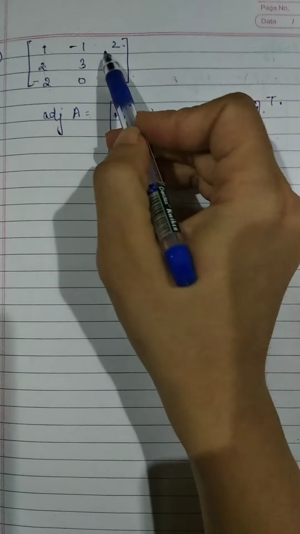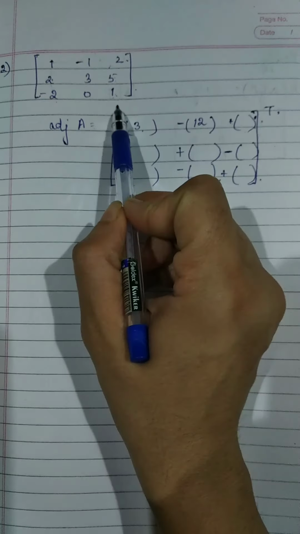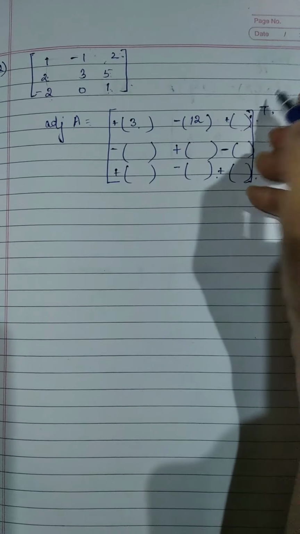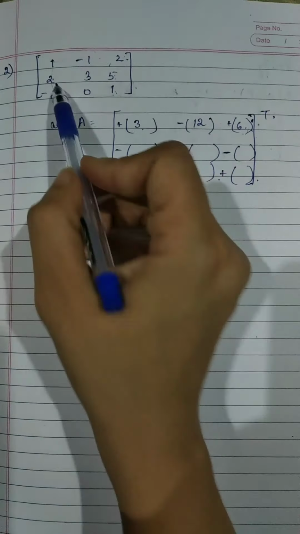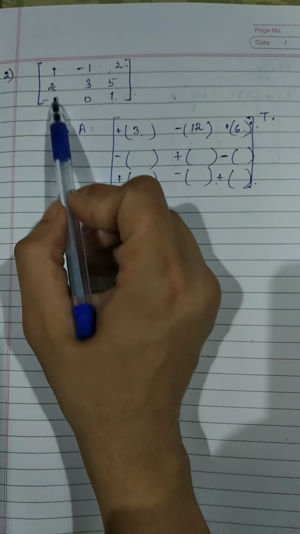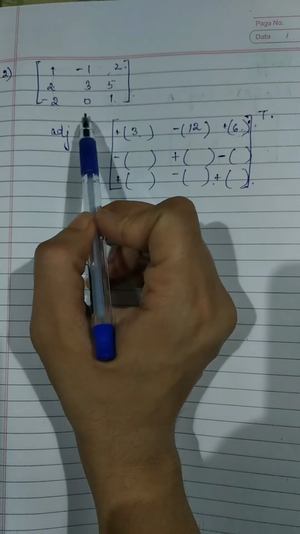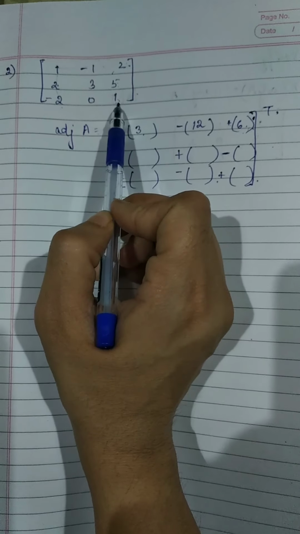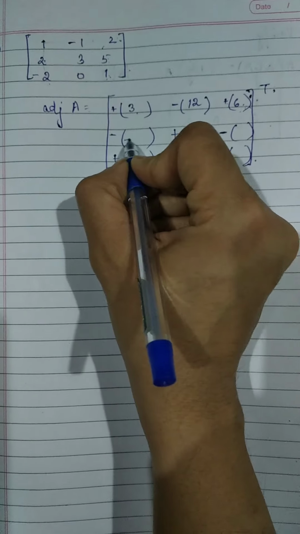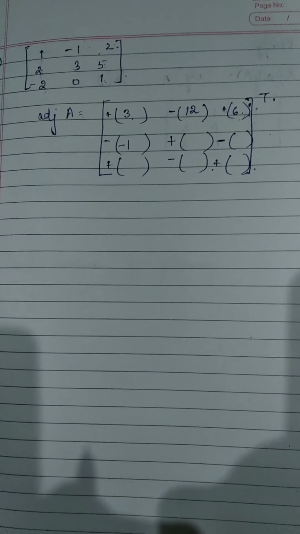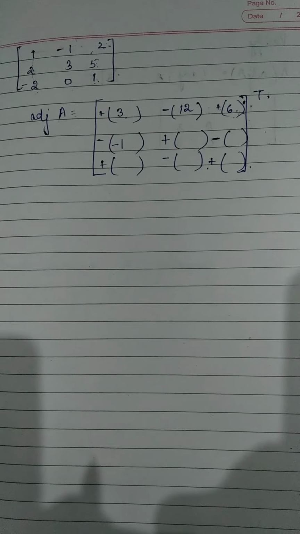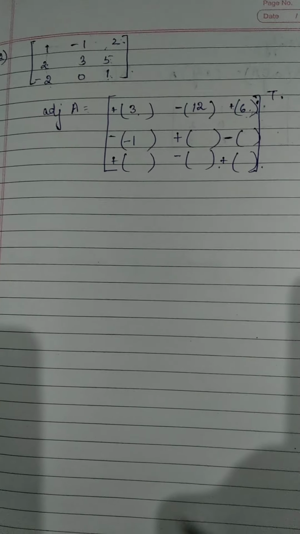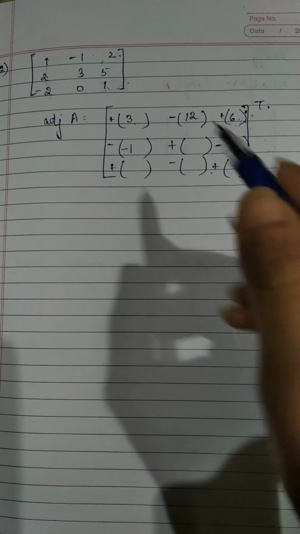Right? For this element, eliminate this row and this column. So we have these 4 elements, 0 minus 6, so that's 6. Likewise, eliminate this row, this column and this row, minus 1, 2, 0, 1. Cross multiply. Minus 1, minus 0. If you want, you can first find out the minors and then the cofactors. But with practice, you'll get to know how to directly apply and calculate it this way.